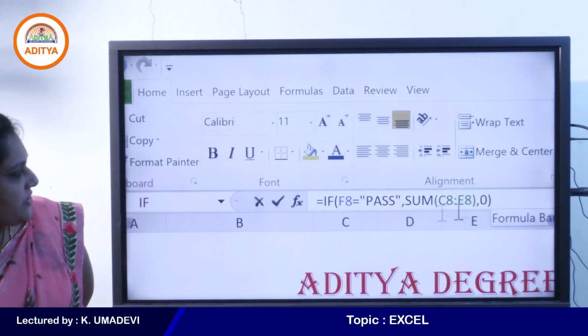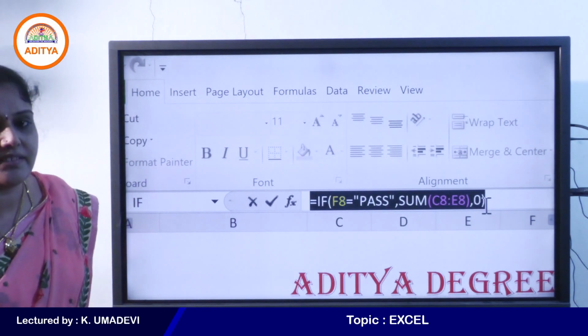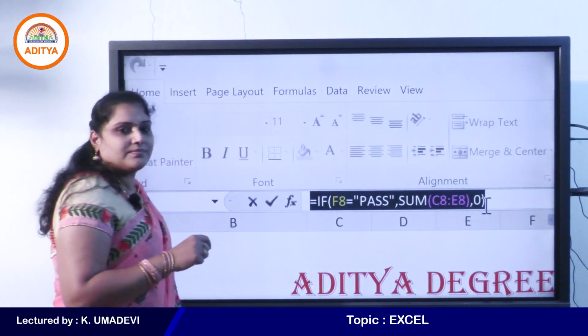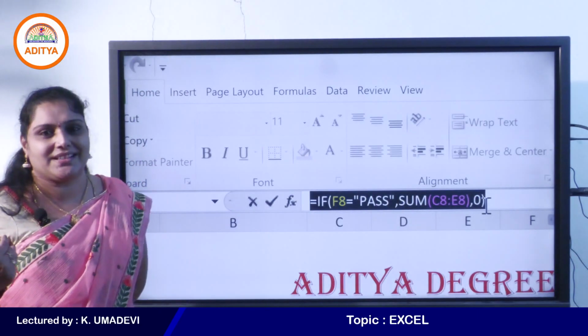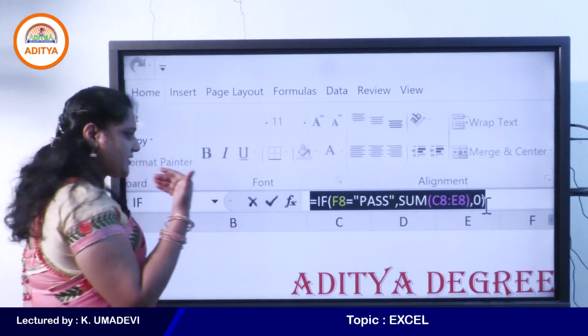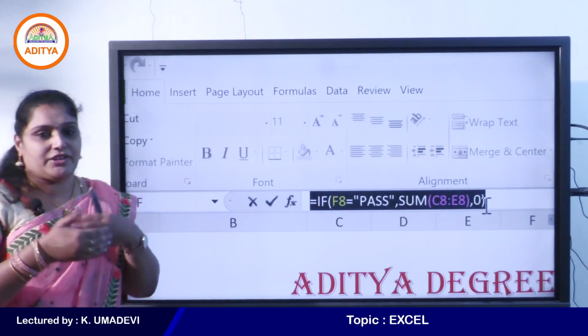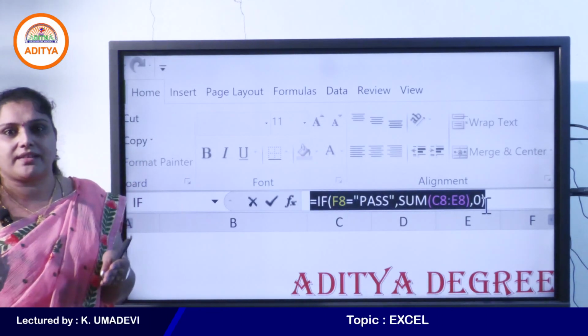Just observe the formula, students. So the advantage of Excel is, here the formula will be applied to the first cell. Then we can easily copy that formula to the remaining cells. So no need to enter the cell references. Why? Because this is called relative reference. See, it automatically changes its cell references when copying the formula, right?